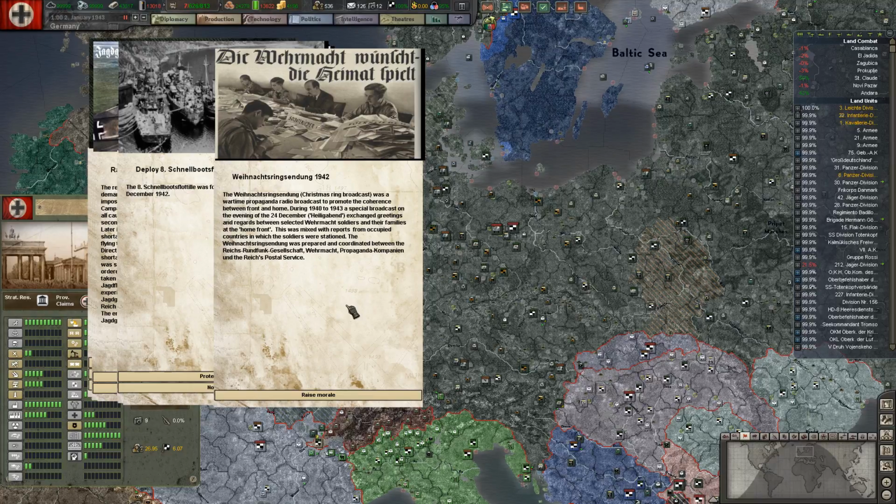Christmas Ring broadcast was a wartime propaganda radio broadcast to promote the coherence between front and home. During 1940 to 1943, a special broadcast on the evening of December 24th exchanged greetings and regards between selected Wehrmacht soldiers and their families at the home front. This was a mixture of reports from occupied countries in which the soldiers were stationed, was prepared and coordinated between the